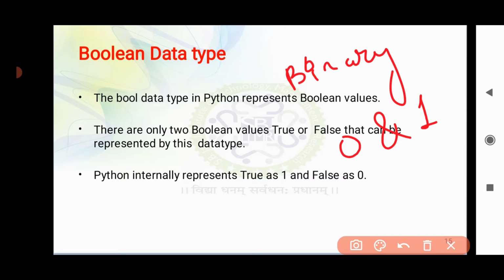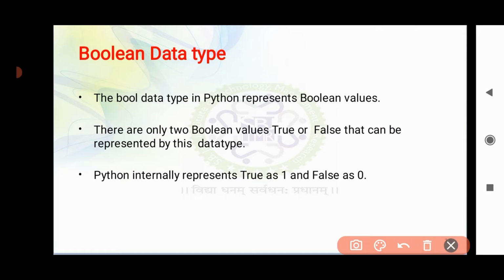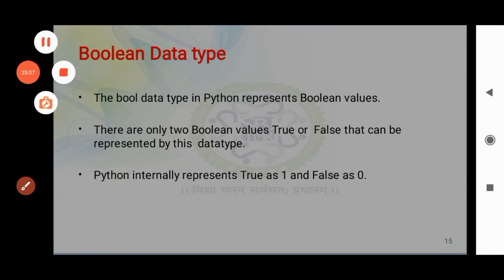So Boolean data type is used to represent Boolean values, that is 0 and 1, where 0 stands for false and 1 stands for true. So this is how your Boolean data type will work in Python.